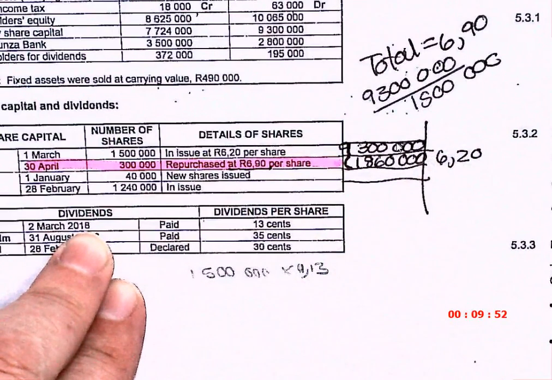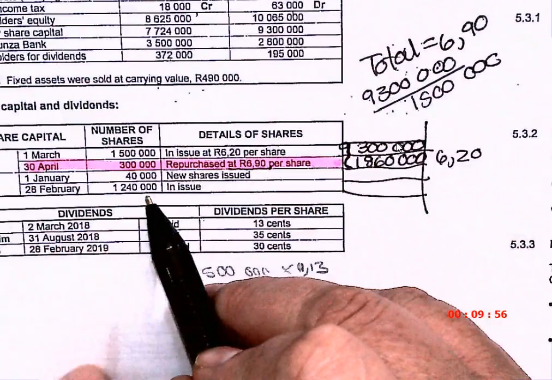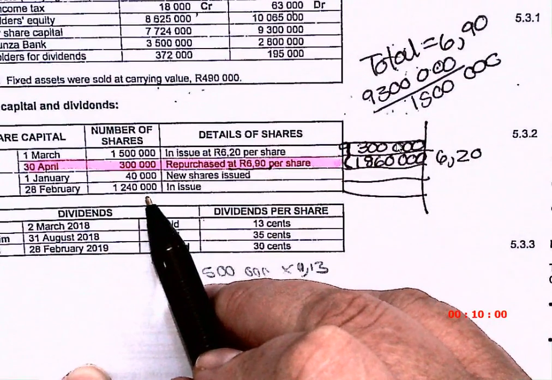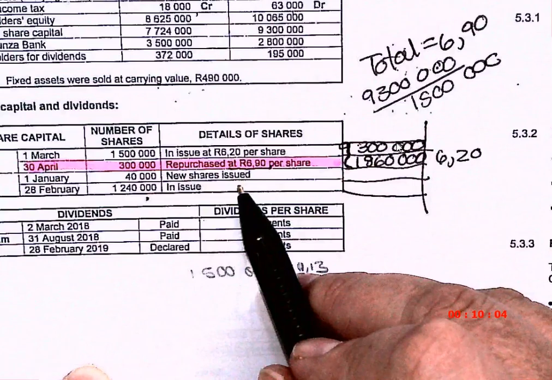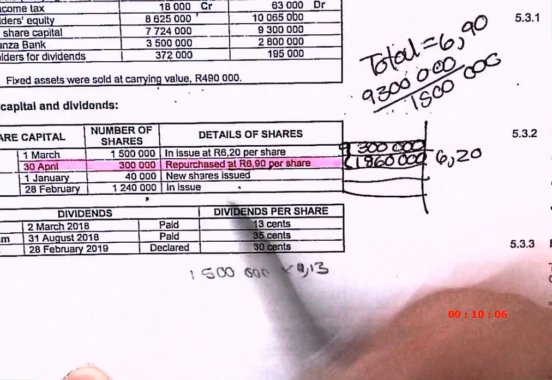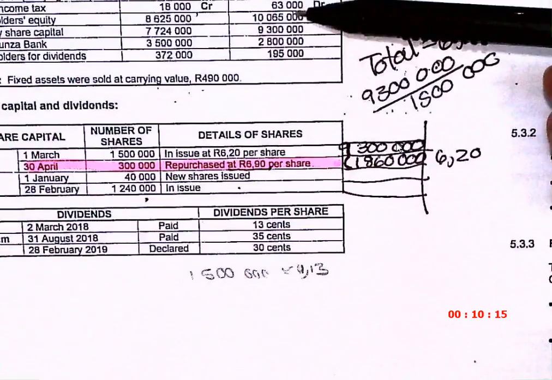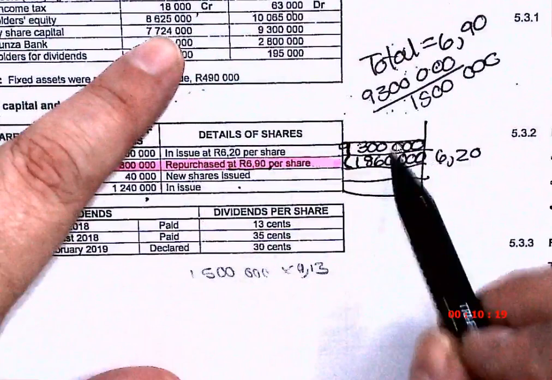Now, I have a problem here at the end. Why do I have a problem? Because they don't tell me what the issue price is, né? And they can't, because the issue prices would be different. Okay? So now I need to use a balance sheet. So I go look at my balance sheet and I look for ordinary share capital and I see yes. Oh, and they actually did give me the opening as well. And it is